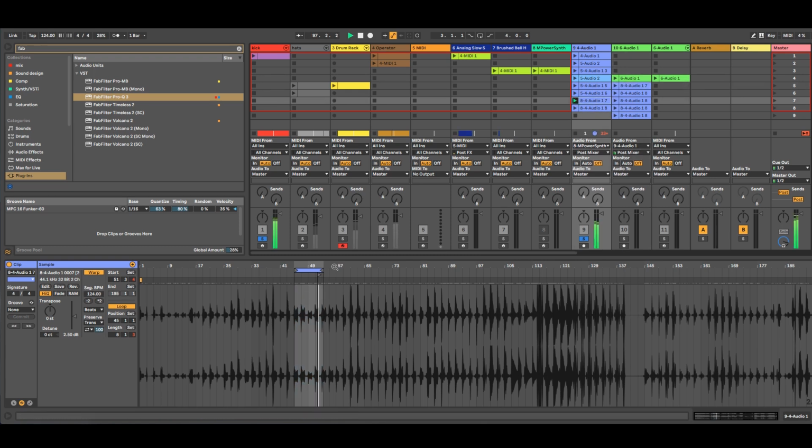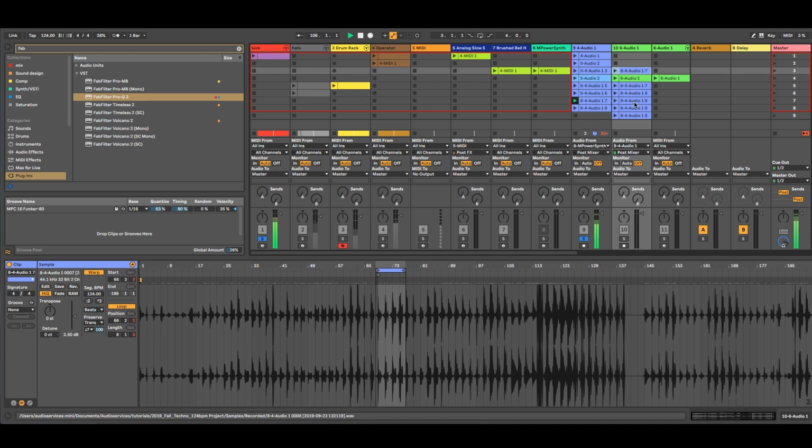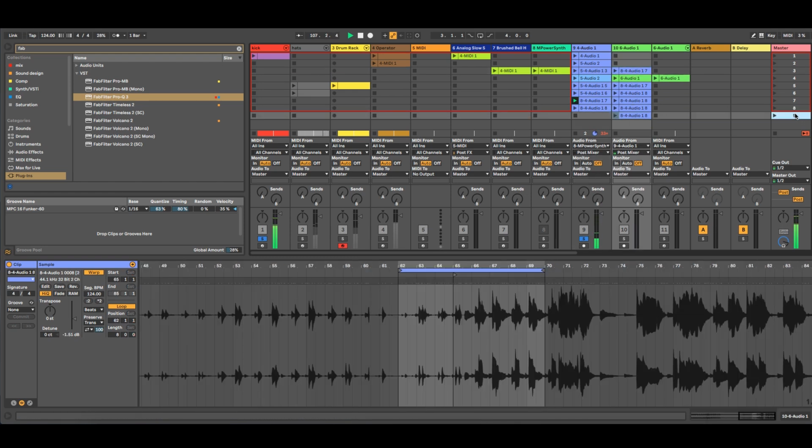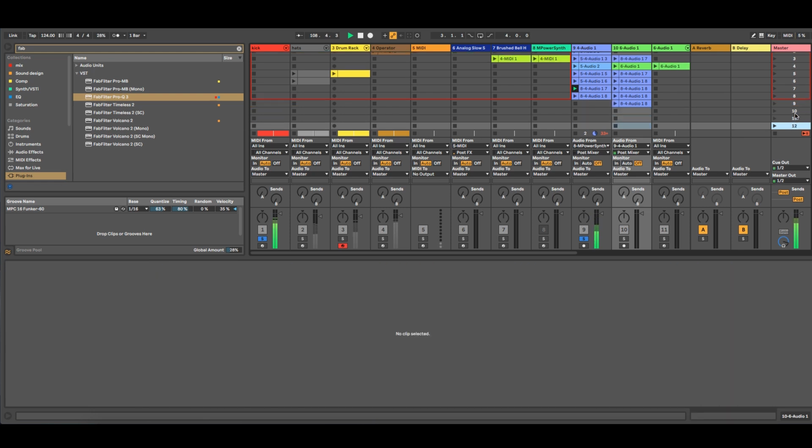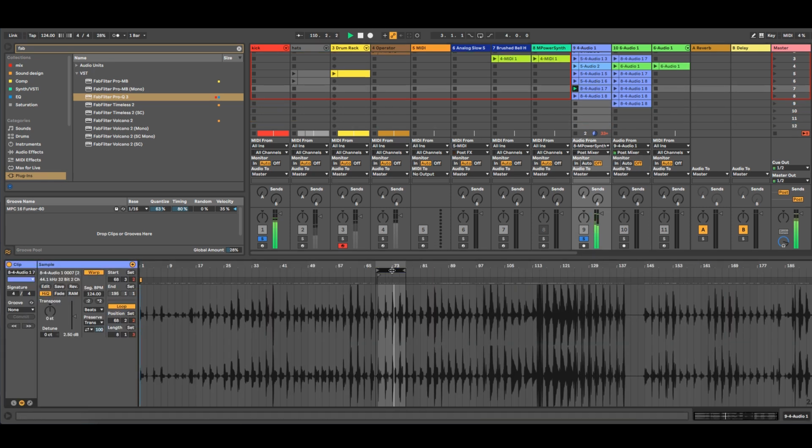It's fun. Interesting texture. This, I remember, was some interesting part here.